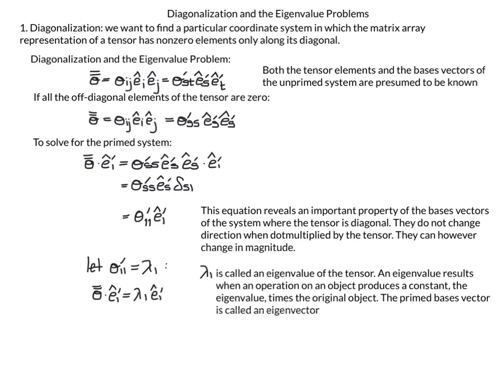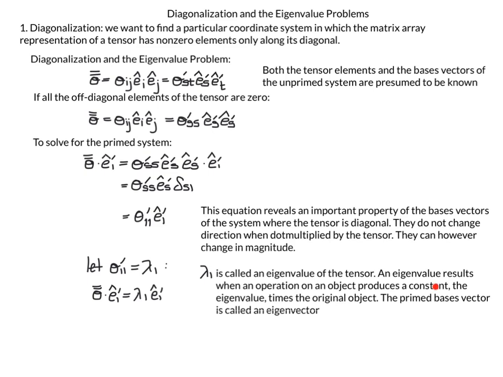And to make this look a lot like what we had in linear algebra, and this property here is the same as linear algebra, the significance of the eigenvectors is they were not rotated. To remind us it's a scalar, we're going to call sigma 1, 1 prime lambda 1. So our equation becomes, taking the left-hand side, our tensor dotted with E1 prime is equal to lambda 1 E1 prime. And lambda 1 is called the eigenvalue of the tensor,